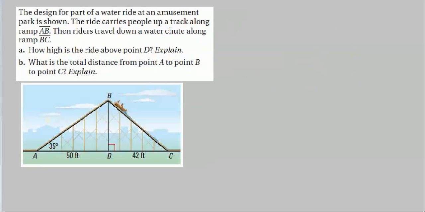Now here they're going to ask us some questions about a water ride. They want to know how high is the ride above point D. And they've got it fairly well laid out for us here. We know the angle. We know the horizontal distance. So, suppose we wrote tangent of 35 degrees equals